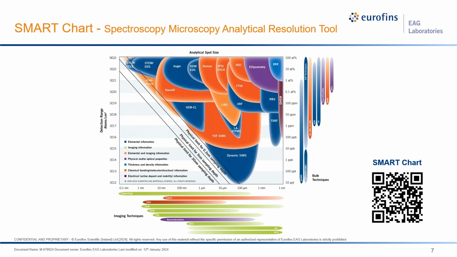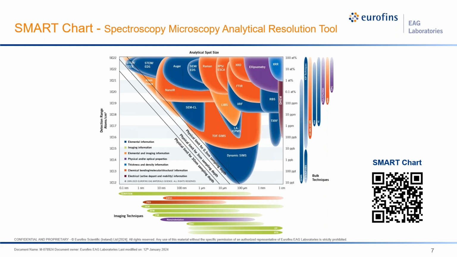And then we also have techniques outside of the box. On the right-hand side are our bulk techniques, which are concentrated at the near surface, will give you a bulk composition, again, at the different concentration levels that you may need. And then also the imaging techniques at the bottom of the box. And these will give you a picture or a look at your material, literally a look at your material, whether it's going to be as an electron beam image or an X-ray image or a roughness image, to give you that information beyond chemical composition.